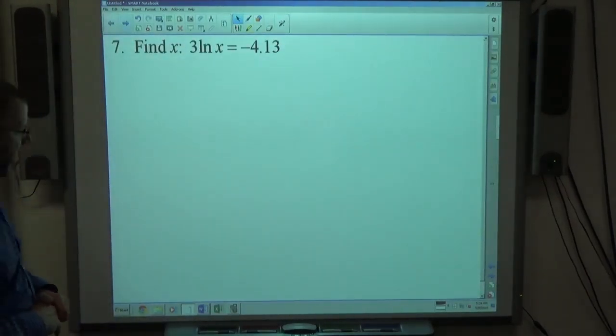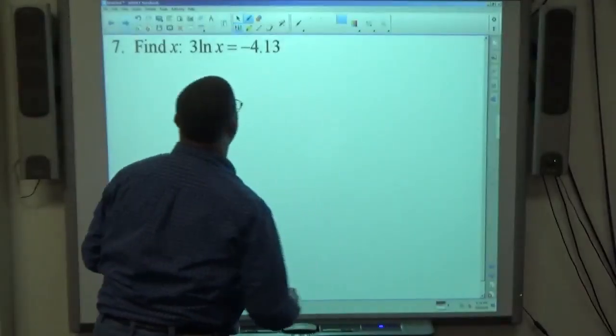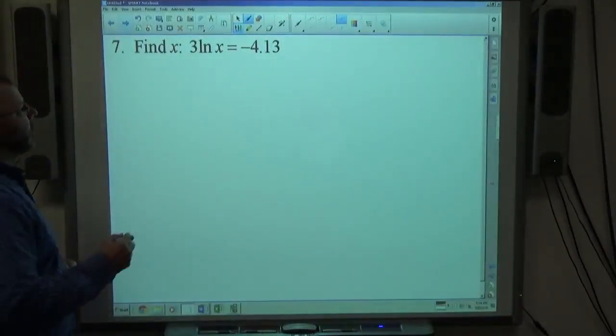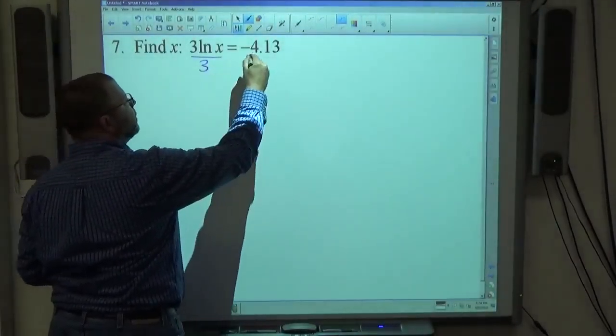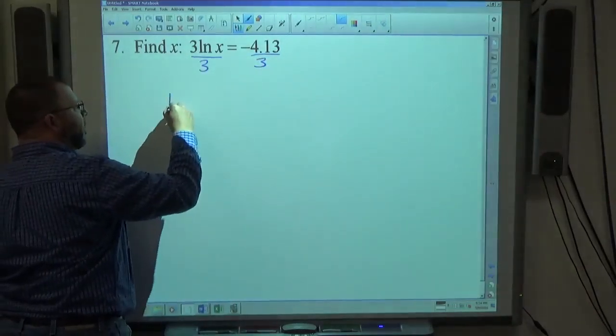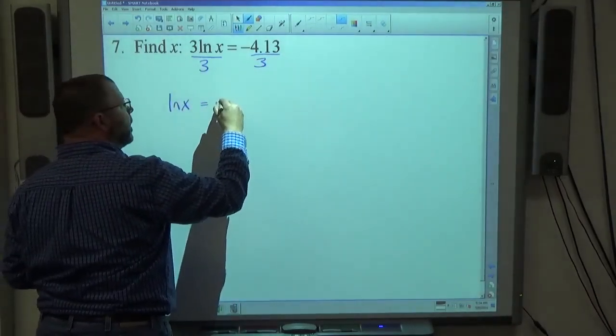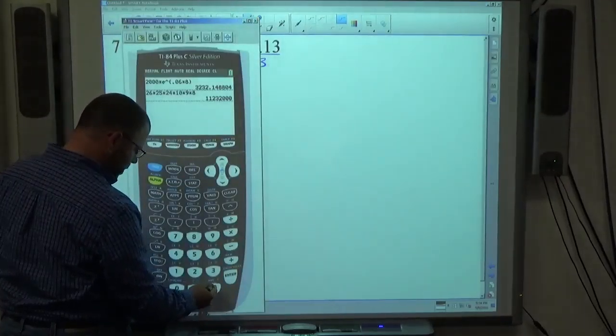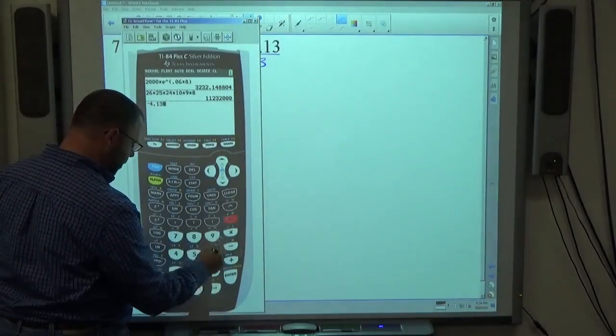Number 7, find x. We have 3 natural log of x equals negative 4.13. First thing I'm going to do is divide both sides by 3. That gets just ln of x all by itself is equal to whatever that is. Negative 4.13 divided by 3,